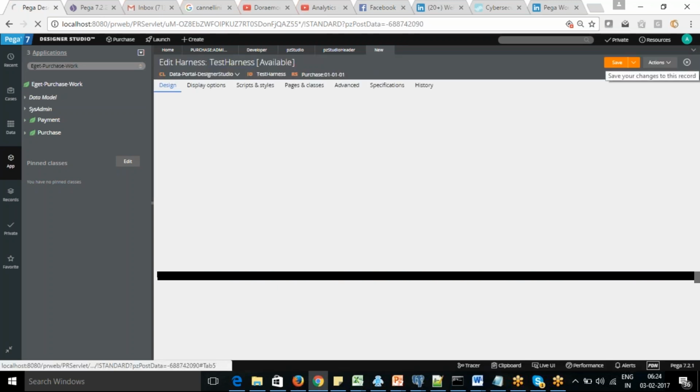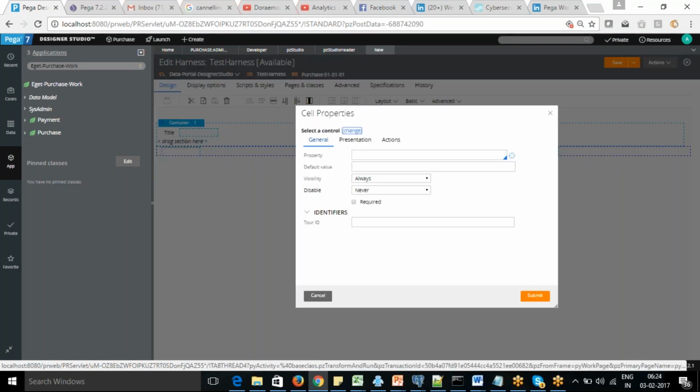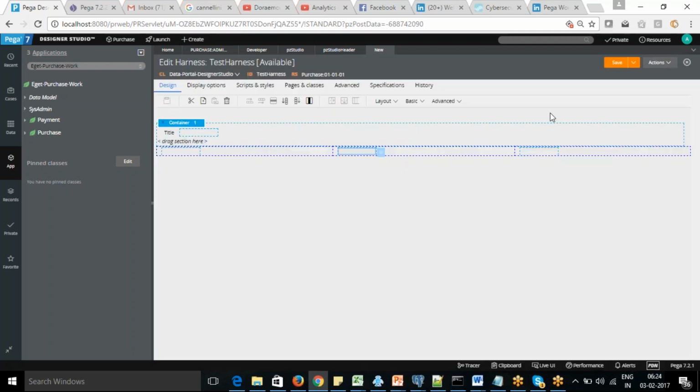By default, you can have a container here, so you can drag a section here. Currently there is nothing in that.